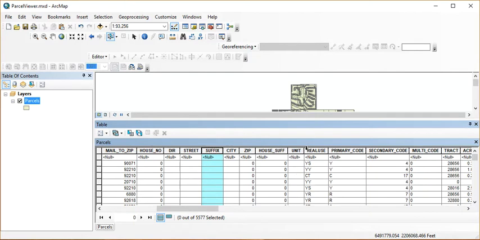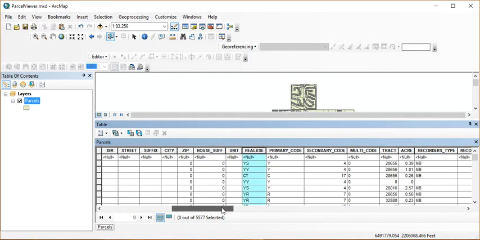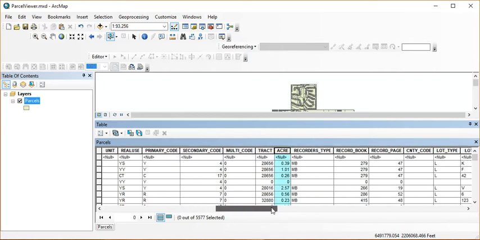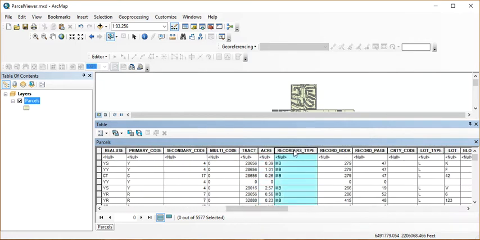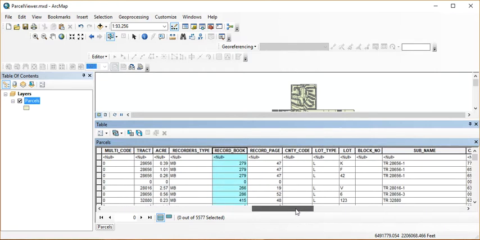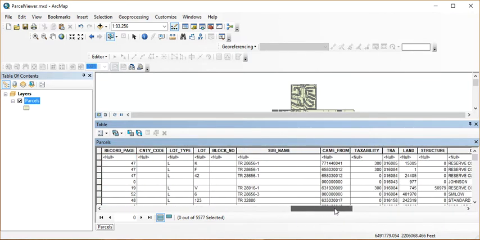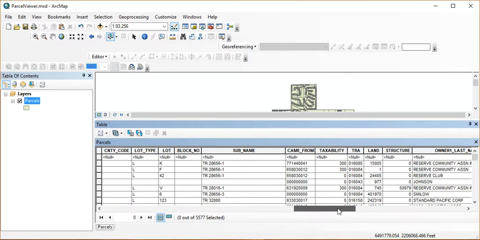the unit. And you can see some of the tax information. There's also primary code, secondary code. These are all tax information stuff. There's the tract that the parcel is in, the acres of the property. All right. So the assessor's recorded type, the book that it was recorded in. These are all legal land descriptions about the property. So you can see this is all the information that it came with for this particular data set that we are using. Now, what we are going to do, so this is the dollar amount,